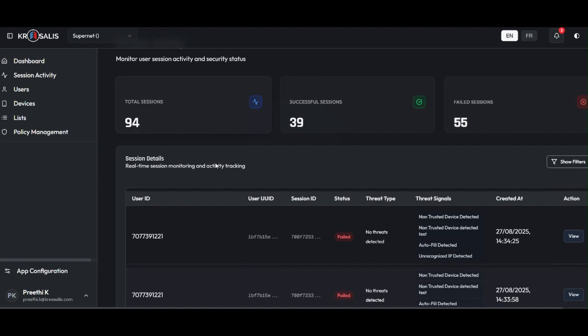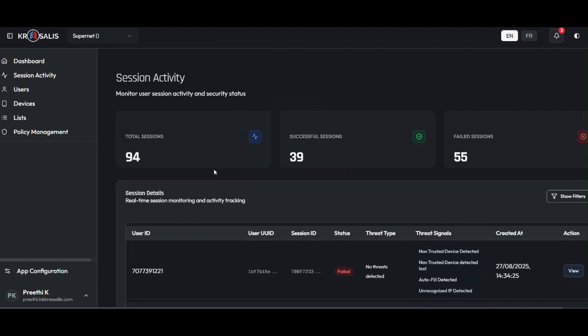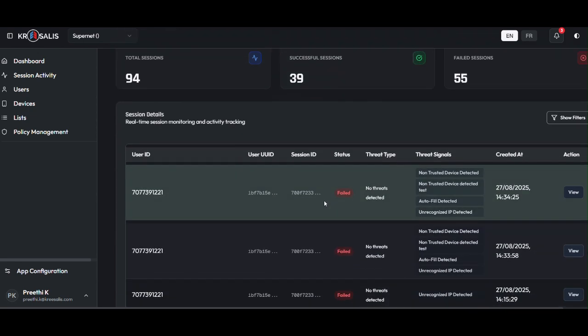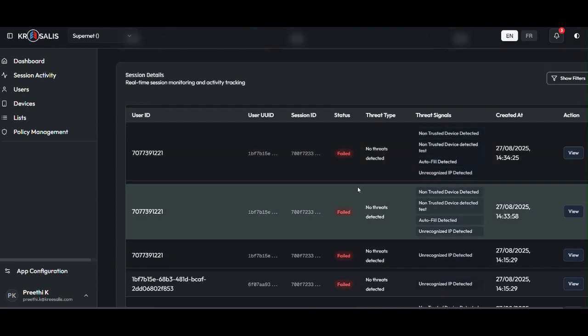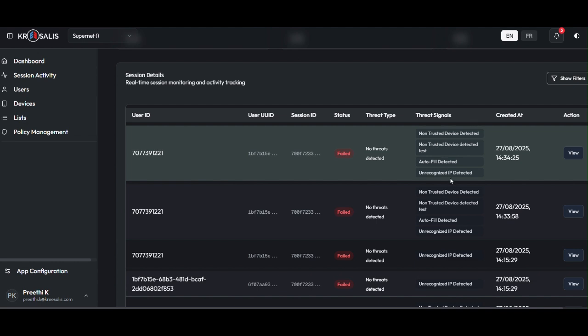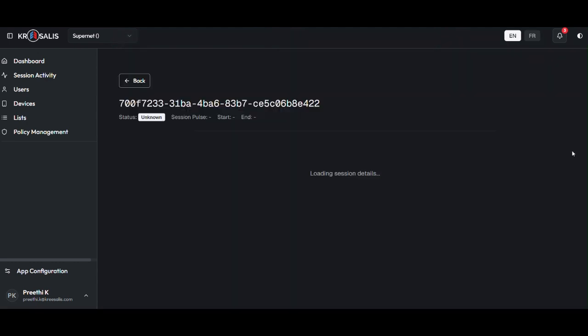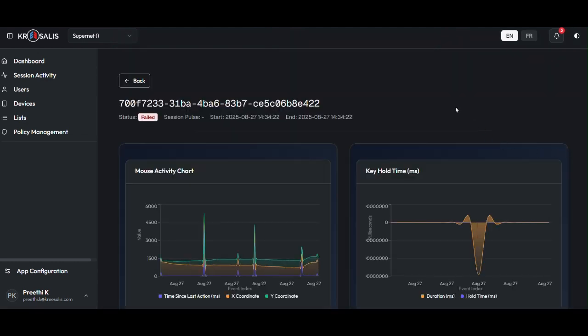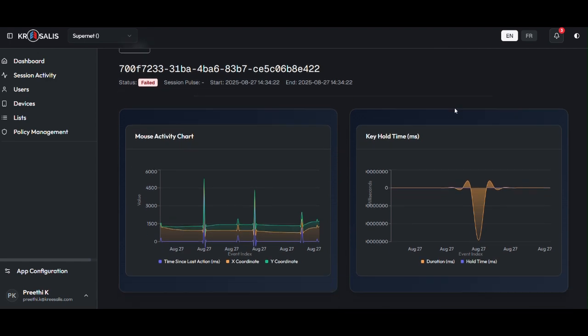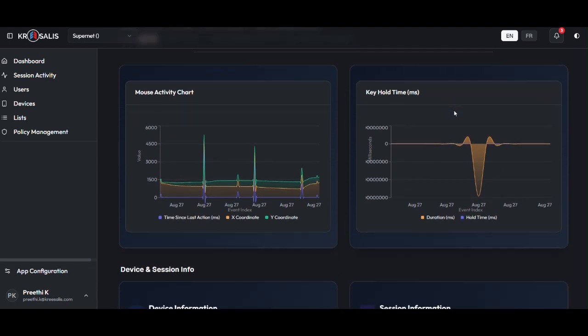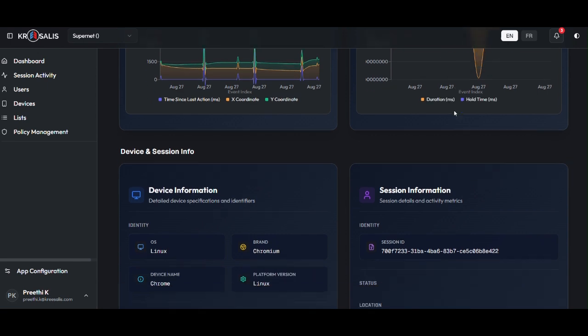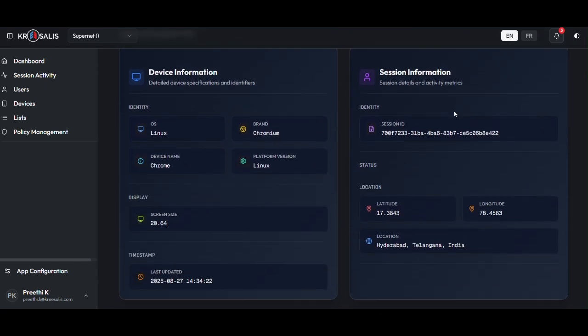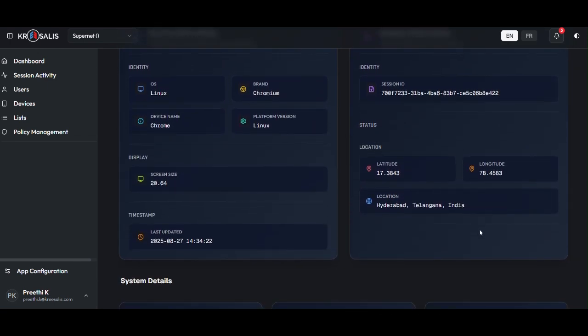Now let's deep dive into the session activity page. As you can see here, each session can be inspected in detail, including the user identity, the device details, and the behavioral signals. And you have clear access to why a particular session has failed. As you drill down deeper into each of these sessions, you'll be able to notice that the mouse activity, keyboard activity, device, browser, hardware details,